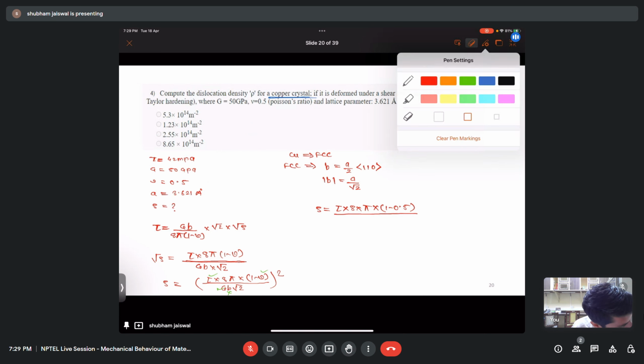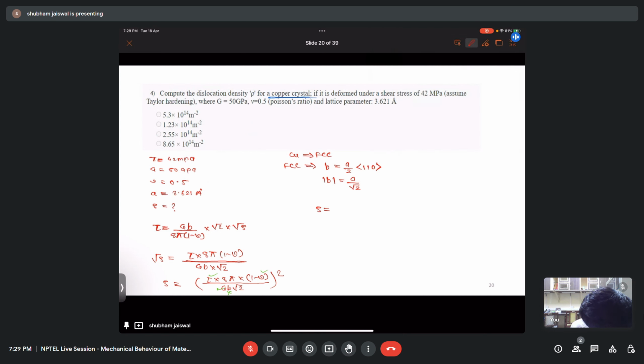Sorry, I will put values directly this time. So it is 42 into 10 to the power 6 into 8 into pi into 1 minus 0.5